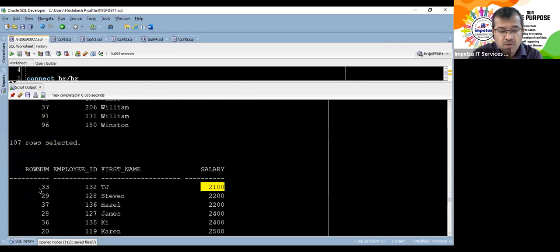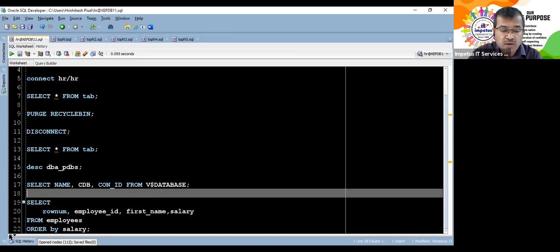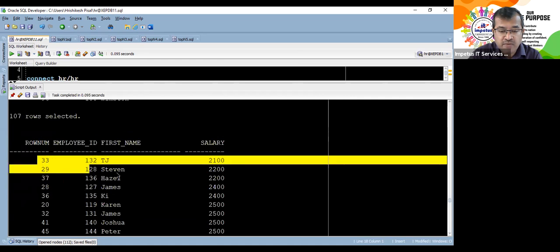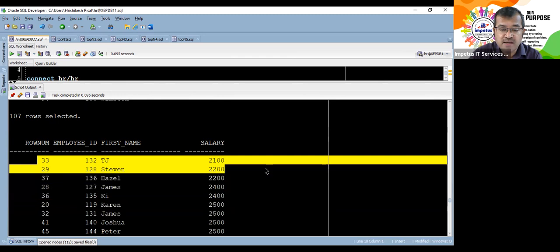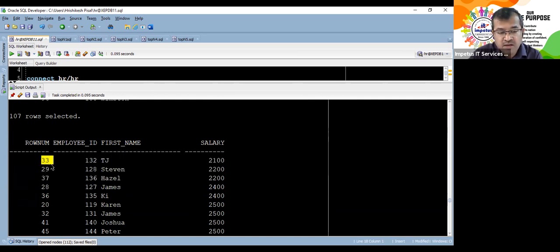Correct. But look at the row number. Row numbers are not in order. This is actually the position of that particular row in the table. And now that is not what we really want. So here we have got these people, and I wanted to have these 5 people who have the least amount of salary, or the person who has the least salary, or the first 2 people who have the least salary, and so on. I would like to have that. But if I now use this row number, that will not fulfill our requirement, isn't it?